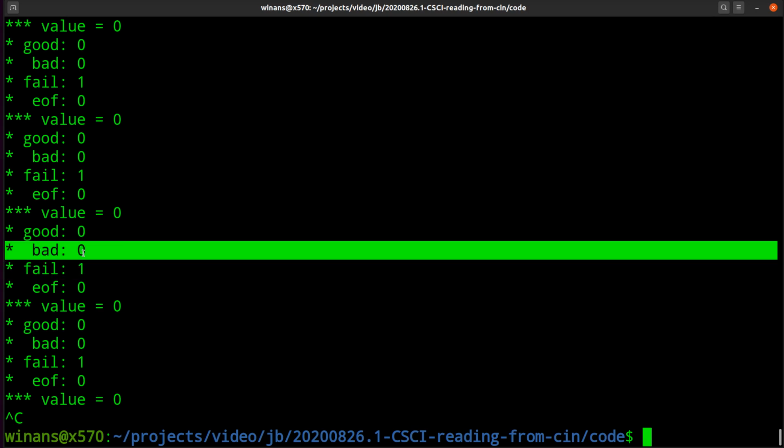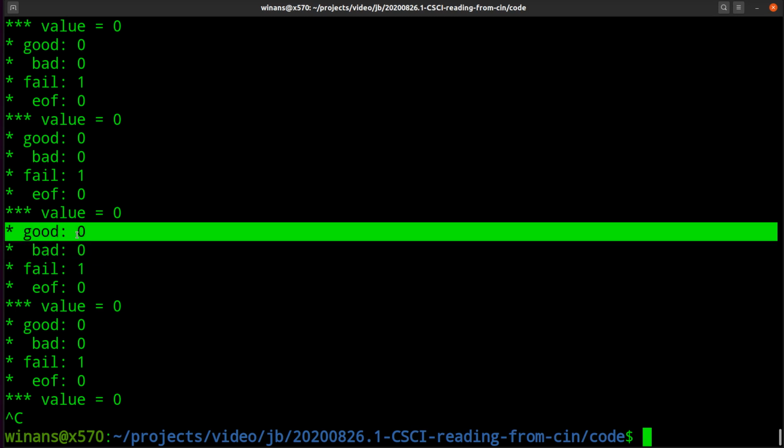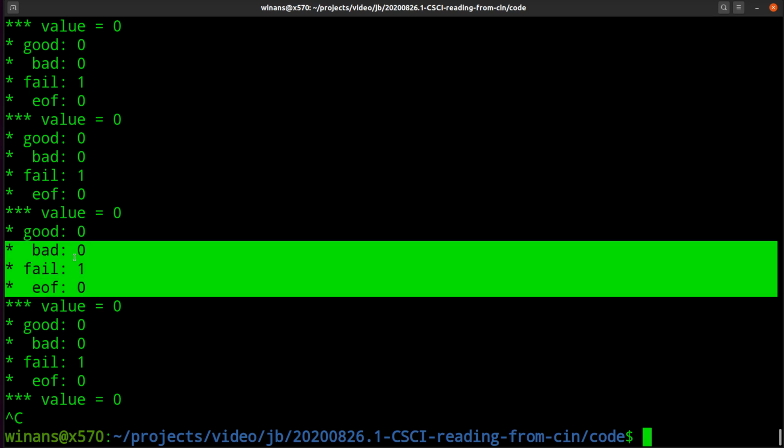Bad up here is set to true if there's an operating system error. Okay, like you're reading data from an SD card and somebody unplugs it while it's being read. All right, that's bad. And then good here is, like I said before, it's simply true if and only if all three of these are false. Okay,